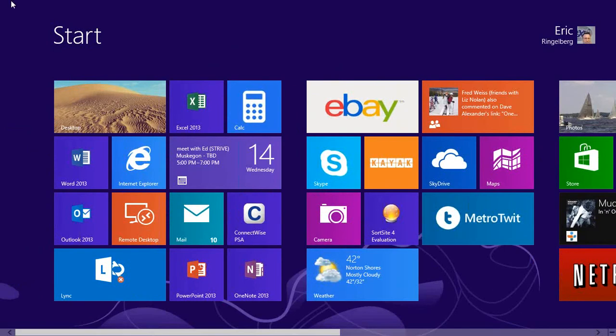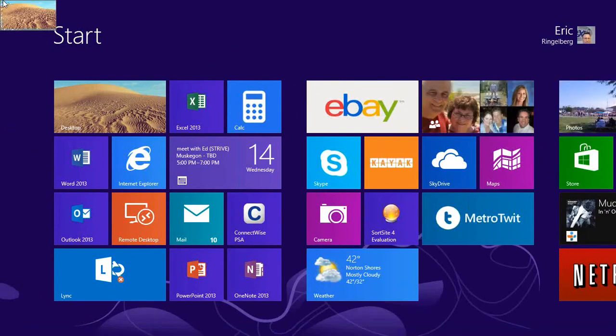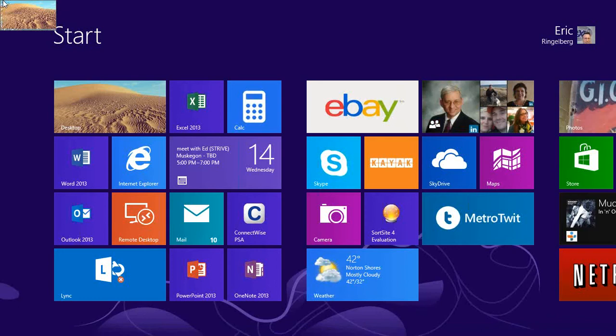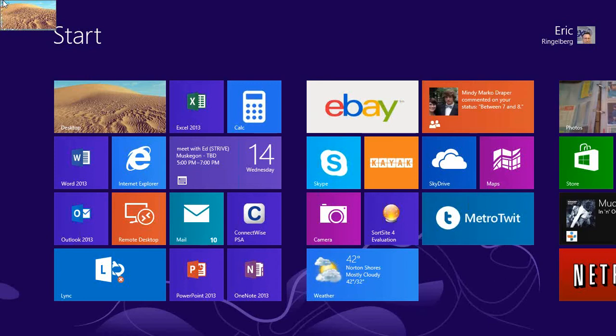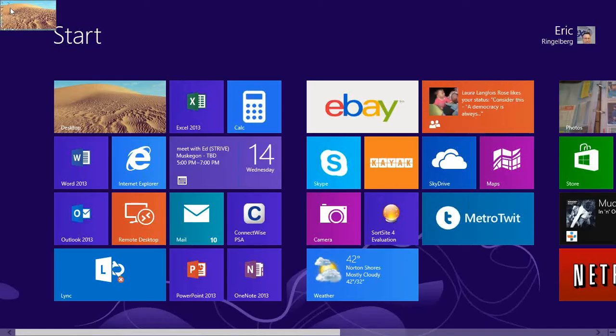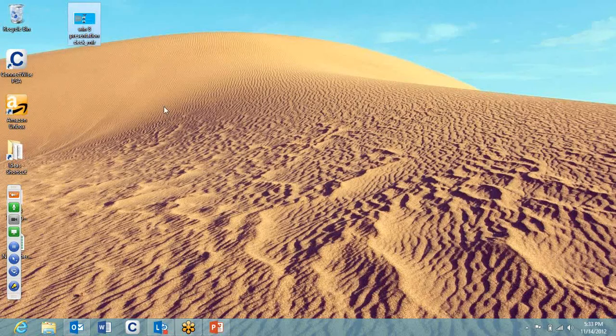If I hover my mouse in the upper left corner, I can see that there's a little window there of my desktop. Now, if I had different apps running, I might have different windows, and that's one way I could toggle from my start screen to this app and back and forth. In this case, I'm going to use that to click and go back out to my desktop. So when we look at the desktop,